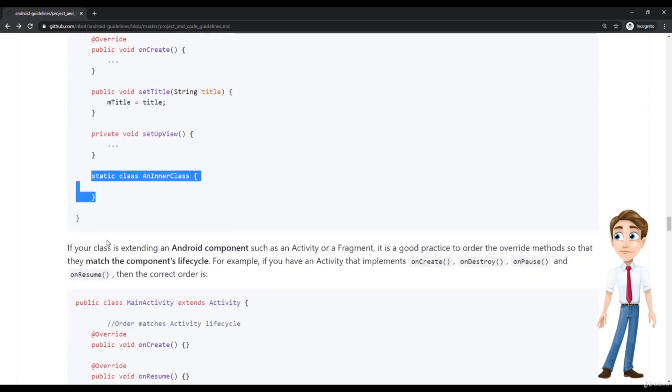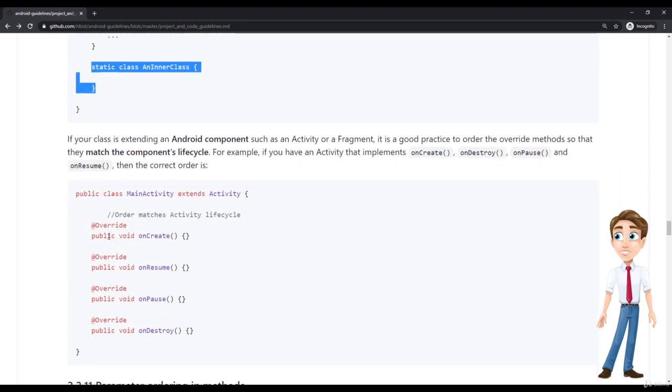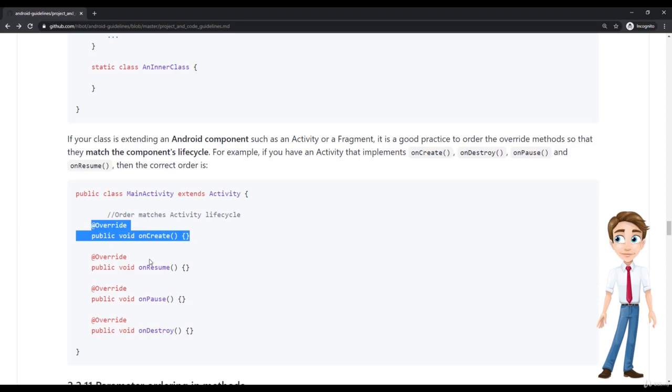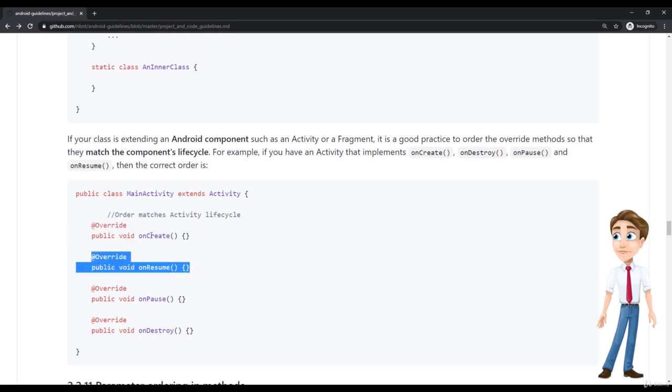Now, there is something really important on Android, at least. In activities or fragments, you have the lifecycle callbacks, right? And you want to treat those in order. So if in your activity you have multiple lifecycle callbacks, you want to have them ordered in the order that they really come from the system. We know the Android 101 is that we should know the order of these callbacks. We know that onCreate should be triggered before onResume, and onPause before onResume, and onDestroy should be the last one.